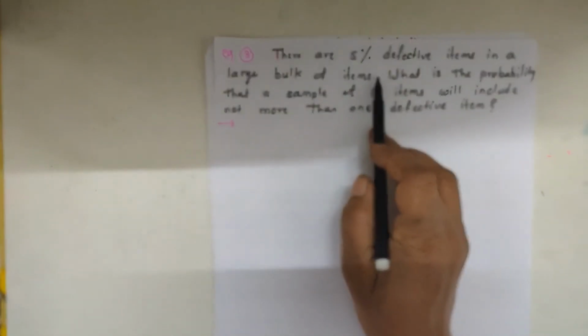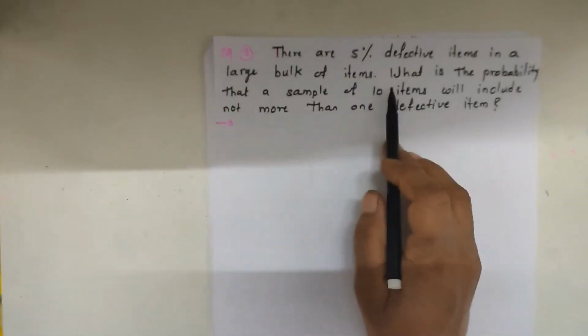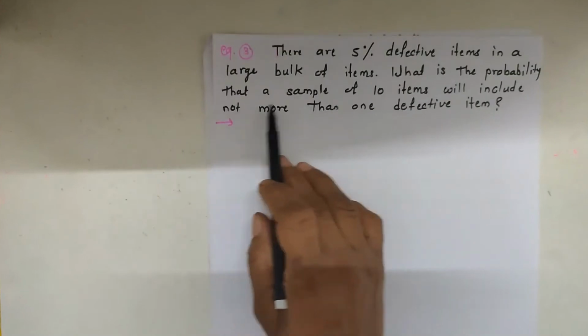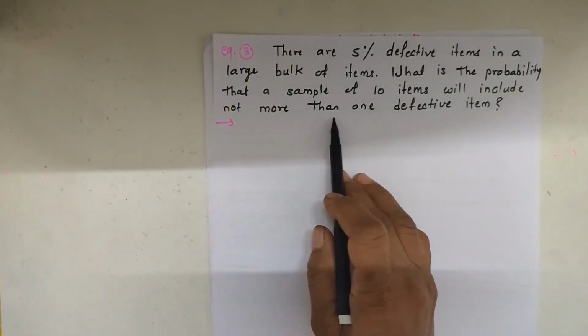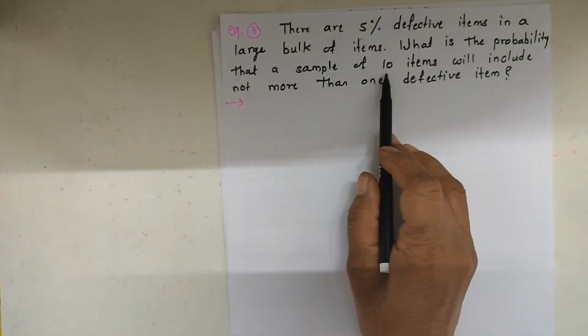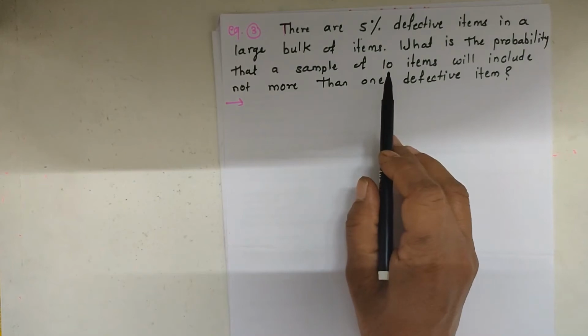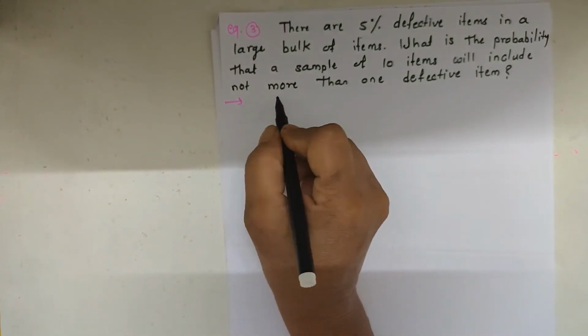There are 5% defective atoms in a large bulk of atoms. What is the probability that a sample of 10 atoms will include not more than one defective atom? First, the number of atoms is equal to 10, that is, the number of trials is equal to 10. So here n is equal to